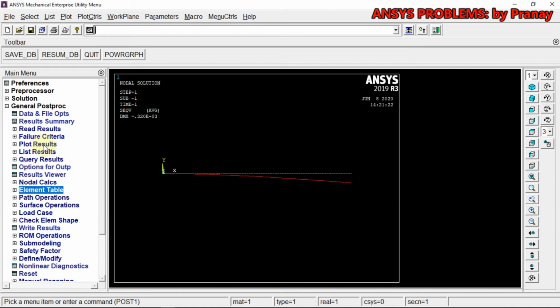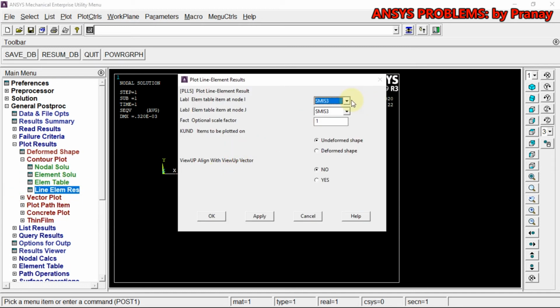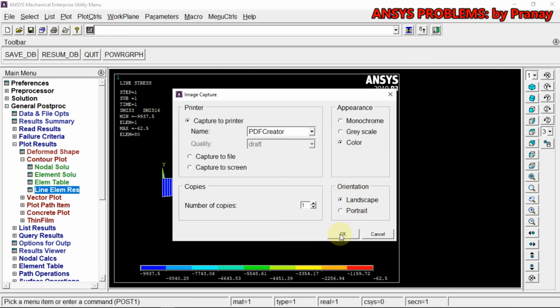How? Let's see. Go for plot result, line element results, and the combination over here, 3 with 16, gives you the bending moment diagram. So go for it. So here we have it, and as you can see, the value is around 9937. I'm going to save this.